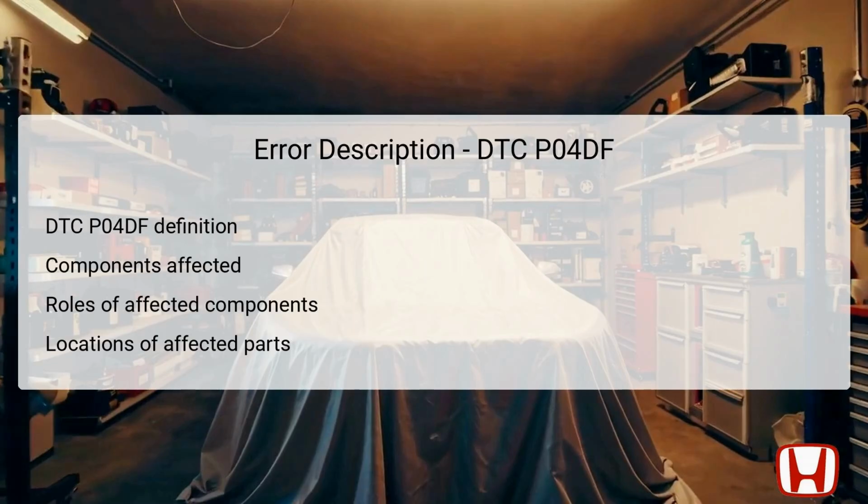The DTC P04DF is defined as the Evaporative Emission EVAP System High Purge Flow Detected. In simple terms, it signals that there is an excessive flow of vapors in the EVAP system when they should be restricted. The two primary components affected are the EVAP canister purge valve and the EVAP canister vent shut valve. The purge valve is responsible for routing fuel vapors from the EVAP canister to the intake manifold, facilitating the combustion process in the engine. Meanwhile, the vent shut valve controls air entry into the EVAP system, ensuring that pressure is